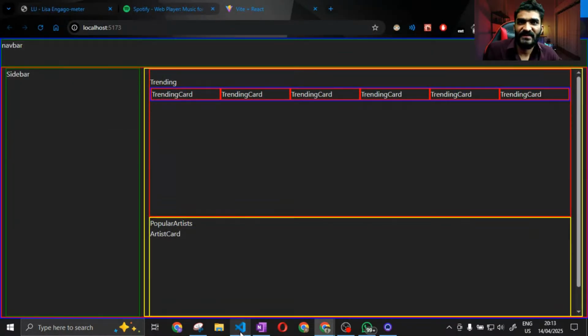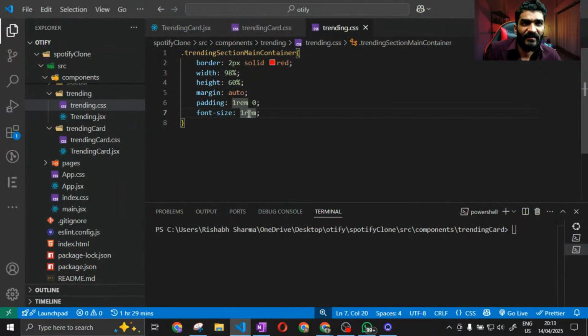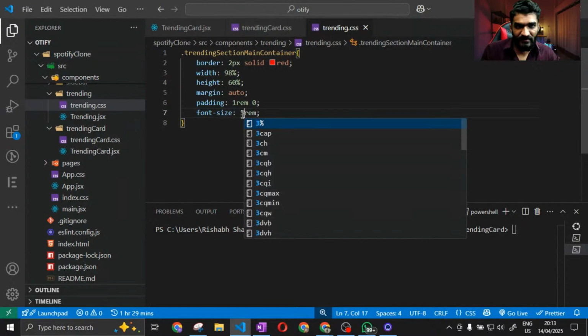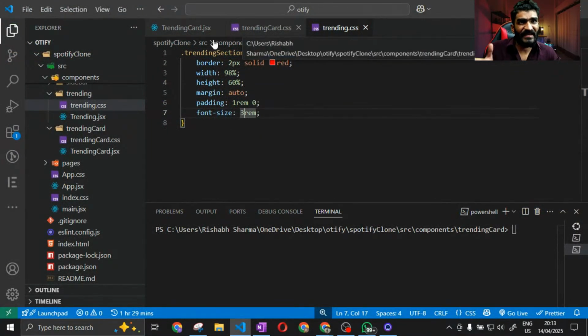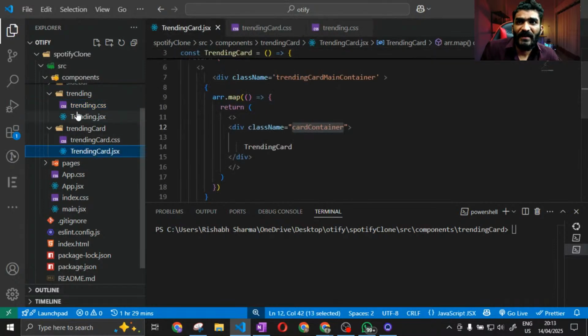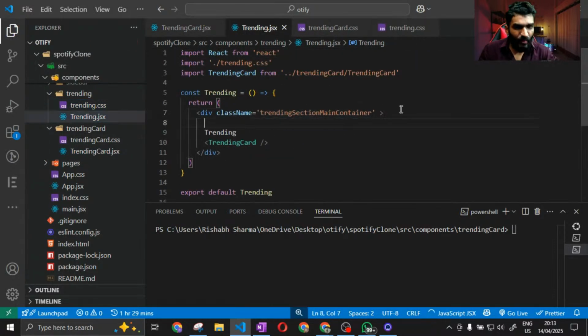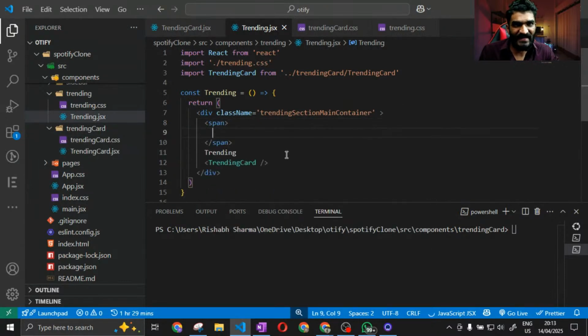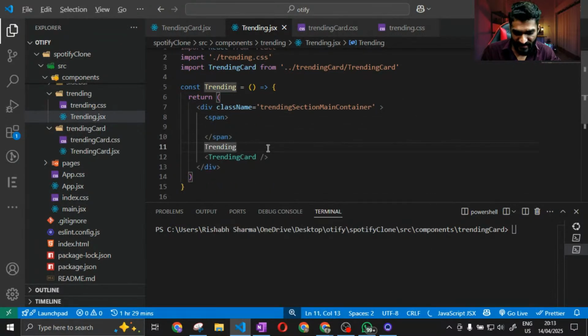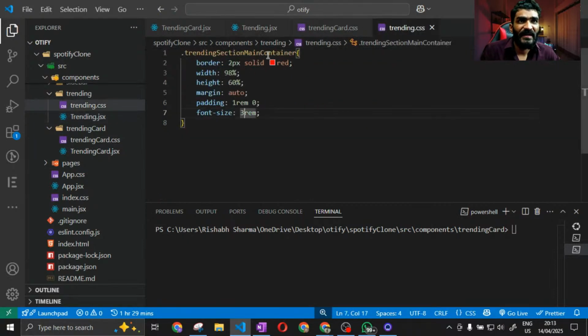कॉलम गैप यूज कर सकते हैं। कॉलम गैप क्यों यूज करना है? 1 REM है क्या? 3 REM करके देखें क्या? ये प्रॉब्लम है, ठीक है। So let us fix this problem now कि भैया जो मेरा ट्रेंडिंग सेक्शन है इसको I will wrap it inside a paragraph, और maybe I will wrap it inside a span tag। That's it. स्पैन टैग में करते हैं, चीजें काफी सॉर्टेड रहेंगी।